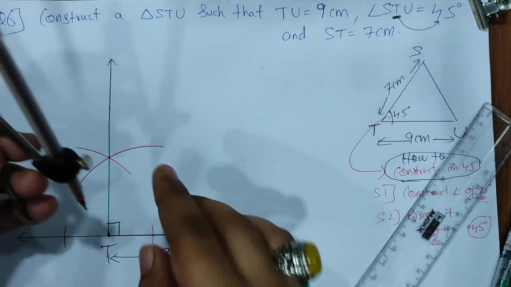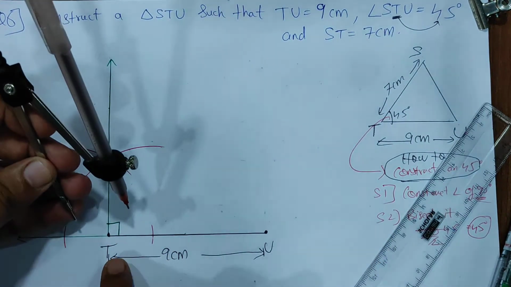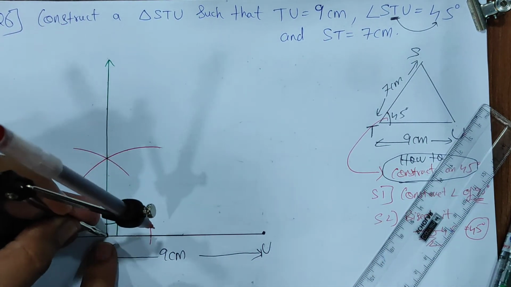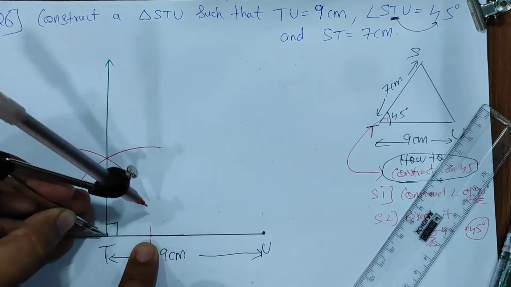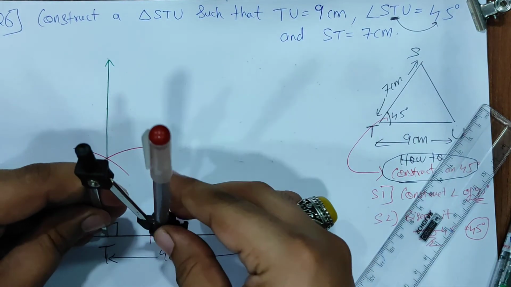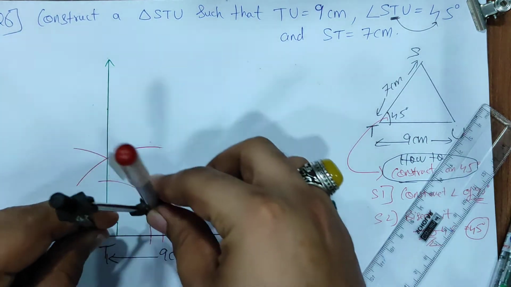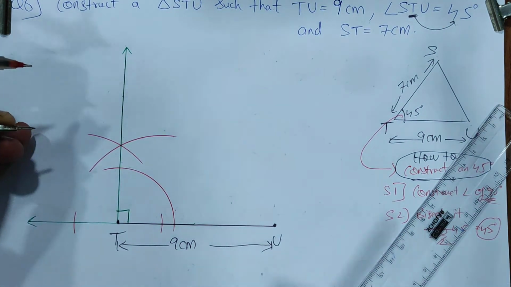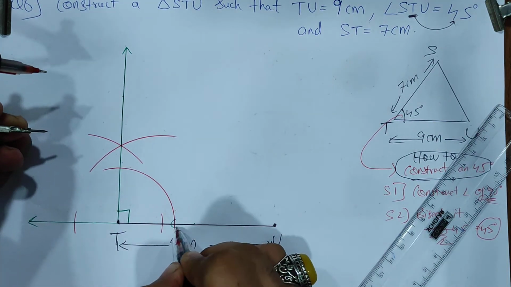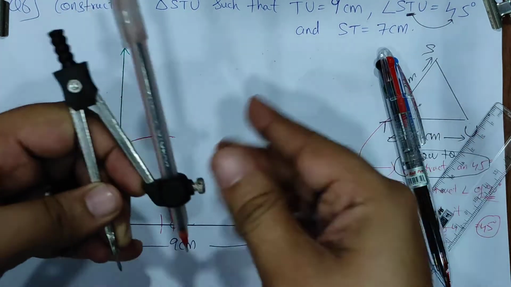Even if it's like that, you take any radius, keep it at point T. I have to bisect this angle T. It's total 90. I have to divide it into 2 parts. It should not match with this point. Once again, now you draw like this, an arc over here. Okay, an arc over here. Now see this, these are the 2 points. One point is this and other point is this.